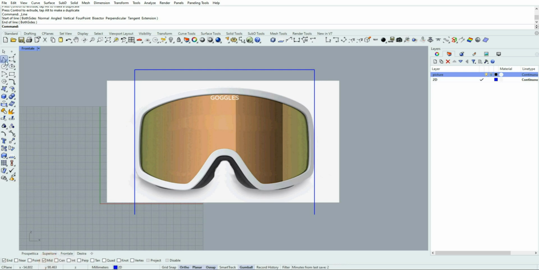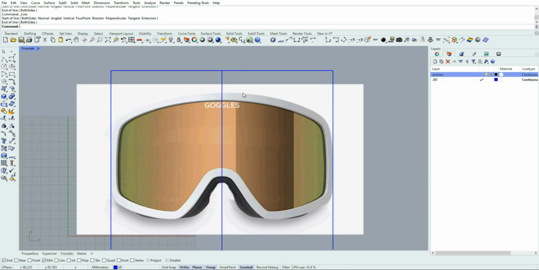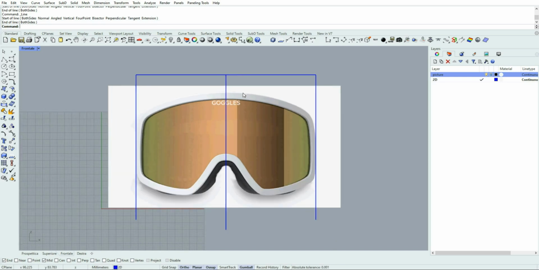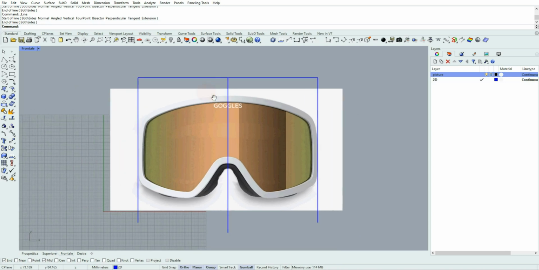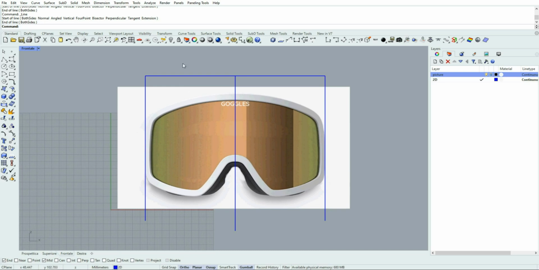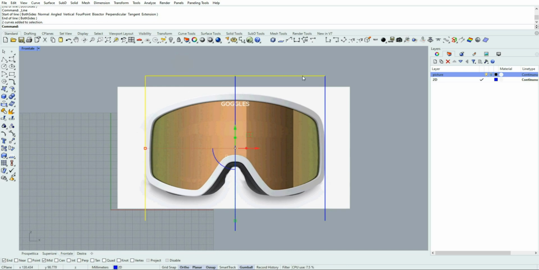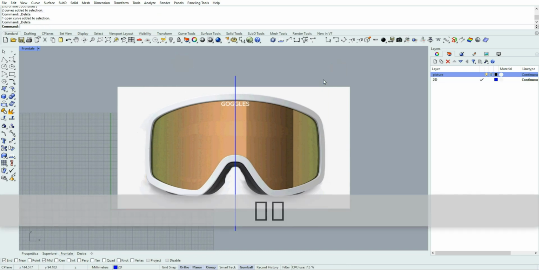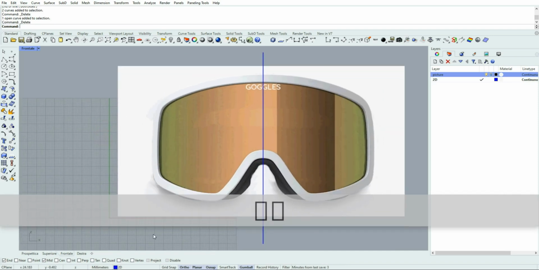I turn on mid snap, line again from mid. Ortho is on, so I go straight vertical. That way I found the central axis, the symmetry axis. Okay, I can delete the construction lines. I just keep the central one.